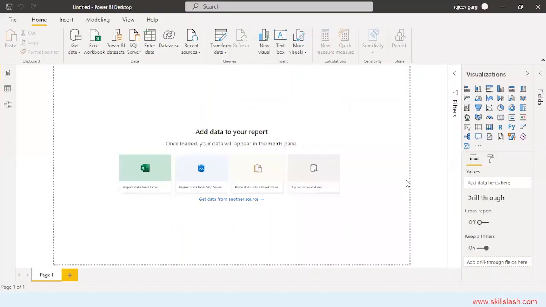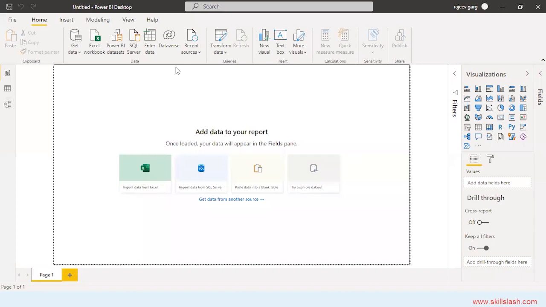So let's see this page over here. This is your work area. Whatever visual you will be creating, it will be created over here. Here you will see the different types of visuals which can be created in Power BI. You have two more tabs, filters and fields. You will see the fields once you get connected to the data source, or once you have the data in Power BI, you will be seeing the respective fields over here. Okay, these are the different views in Power BI.